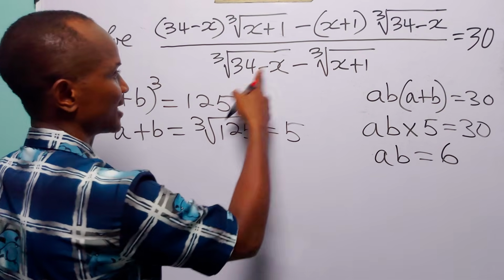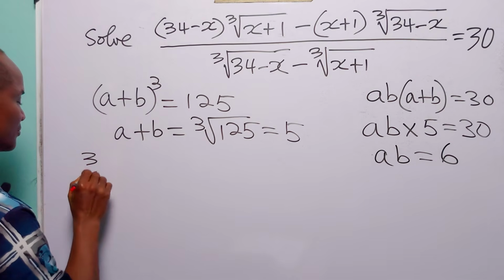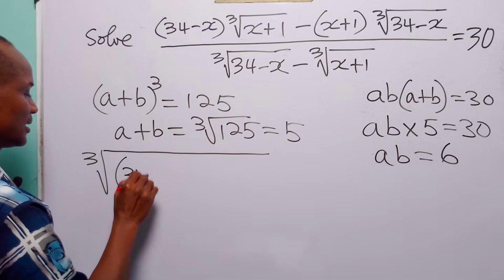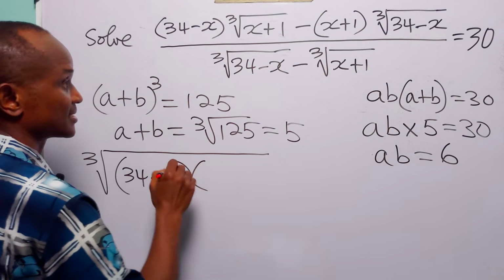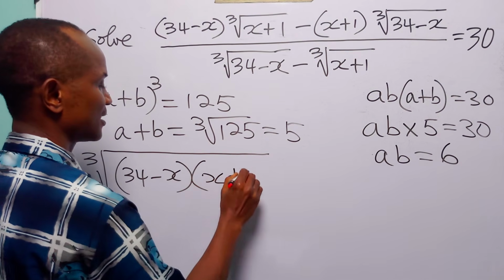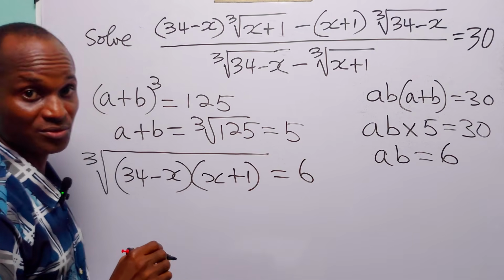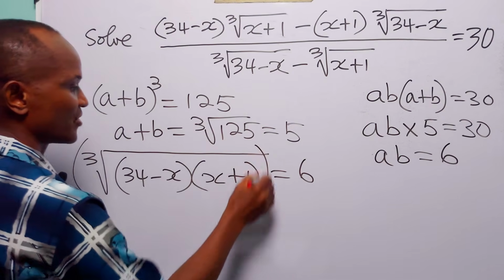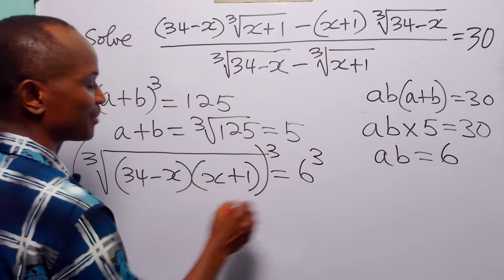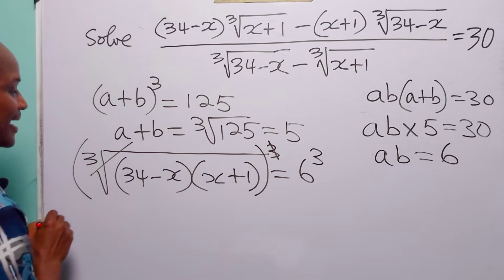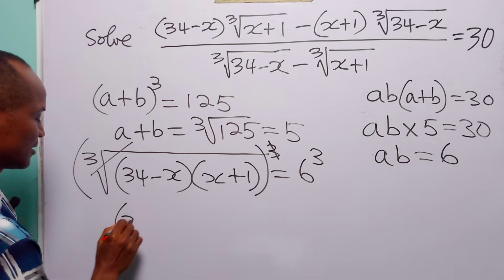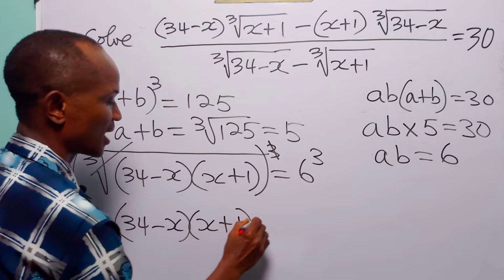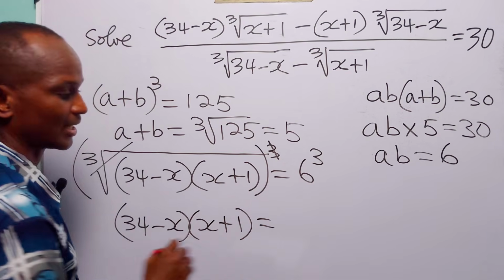Now, this simply means that the cube root of (34 minus x) times (x plus 1) is equal to 6. To get rid of this cube root, let us raise both sides of this equation to power 3. This will take care of that. We have that (34 minus x) times (x plus 1) is equal to 6 raised to power 3, which is